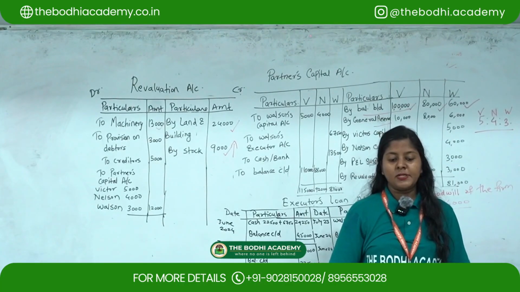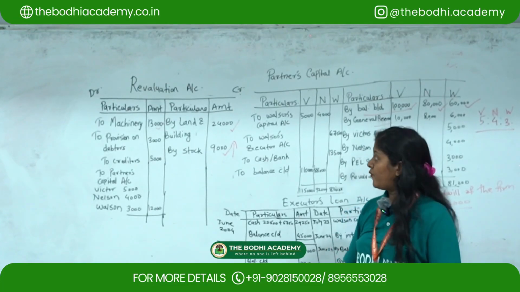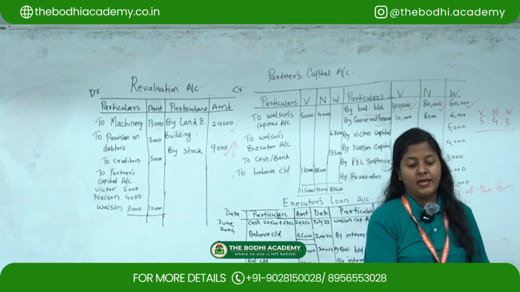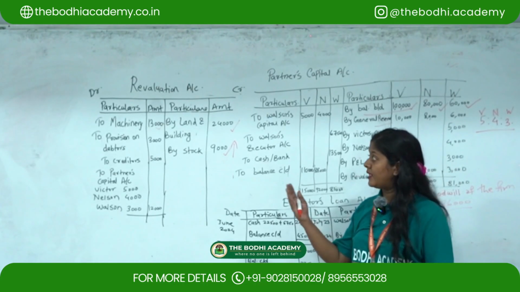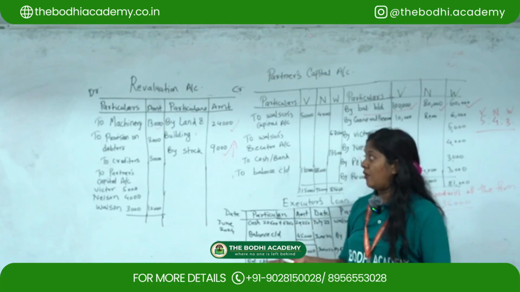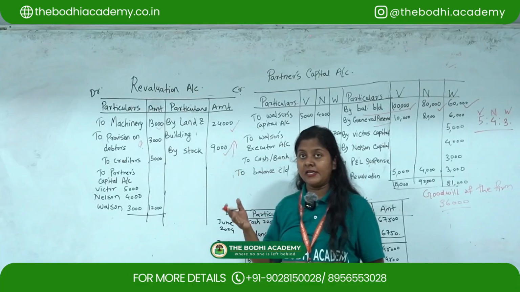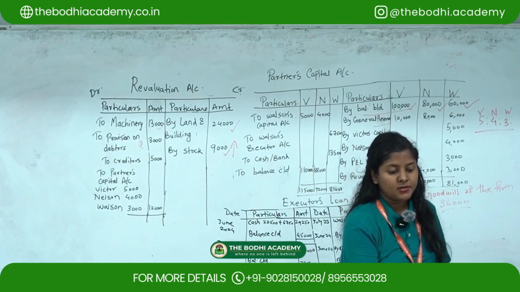Creditors valued at rupees 32,500. Then provision for bad and doubtful debt to be increased by 9,000. In the trial balance, they have given provision as 6,000, and now it is increased by 3,000. Okay, so 3,000 will come over here. Since the liabilities are increasing, you have to show it on the debit side of revaluation account. Next,